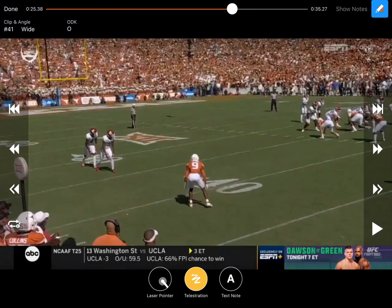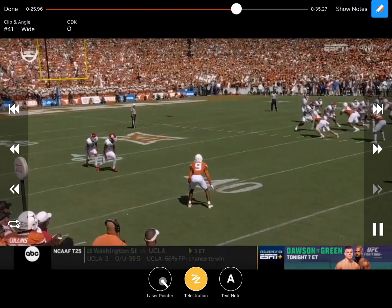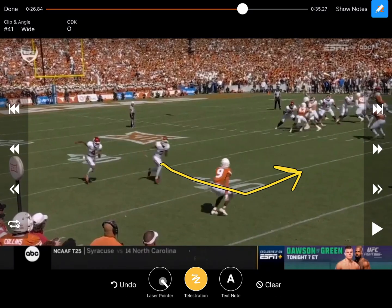Here's a play with great concept, great execution right here. They're in double stack. They had it on both sides. He's going to inside release, go post, and he's going to go fade. So right there, you're going post fade. You got a comeback or a curl right here on the outside trying to hold this corner. You obviously don't want to run a straight vertical because now you're going to run in the same space as this guy. Again, the guy behind runs that comeback, and right here as you're seeing, he's going post, sticks it,